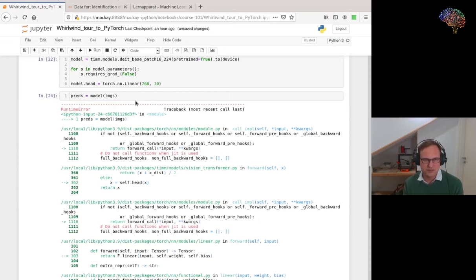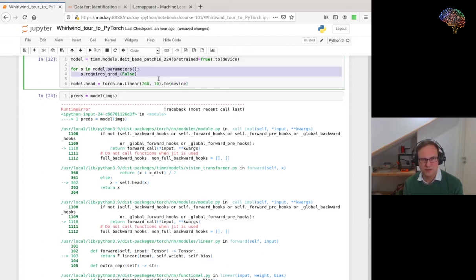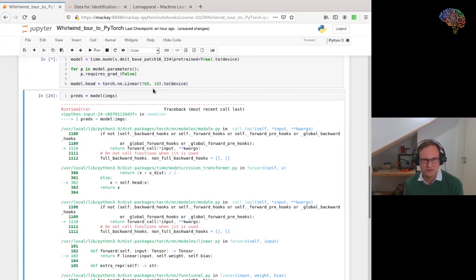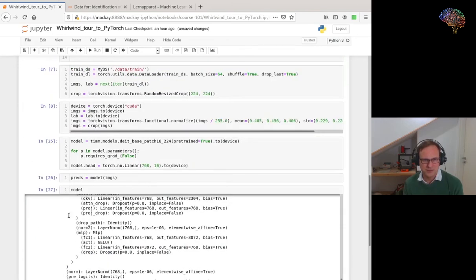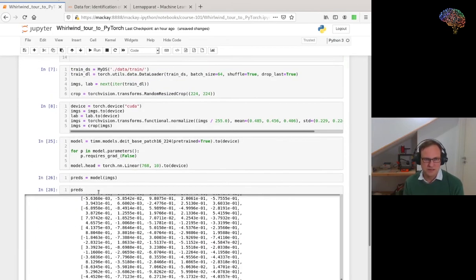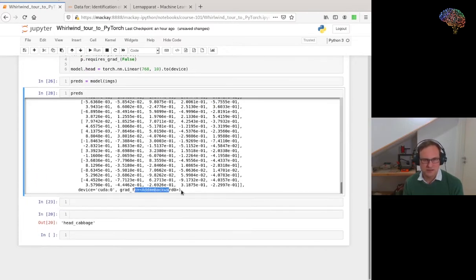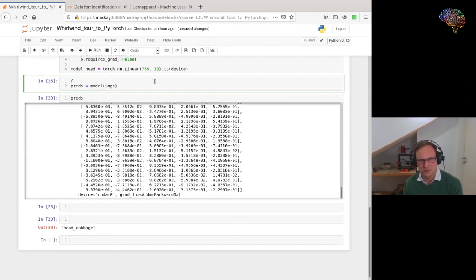Okay, so we can do predictions again, and I forgot to send this to the device. And now all the layers that had been in the model before, they will not need gradients, but these last ones will. And so if I look at the predictions, now they require a gradient again, and this lets me train a model, and this we will do by iterating over our data loader for ims, labels in train_dl,